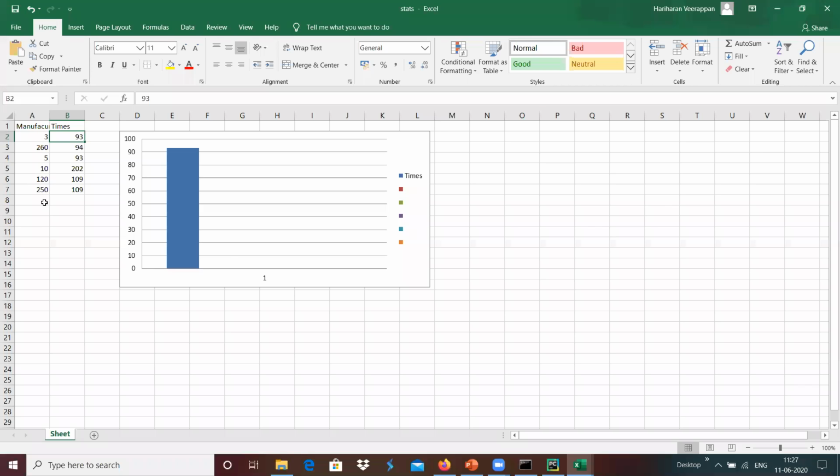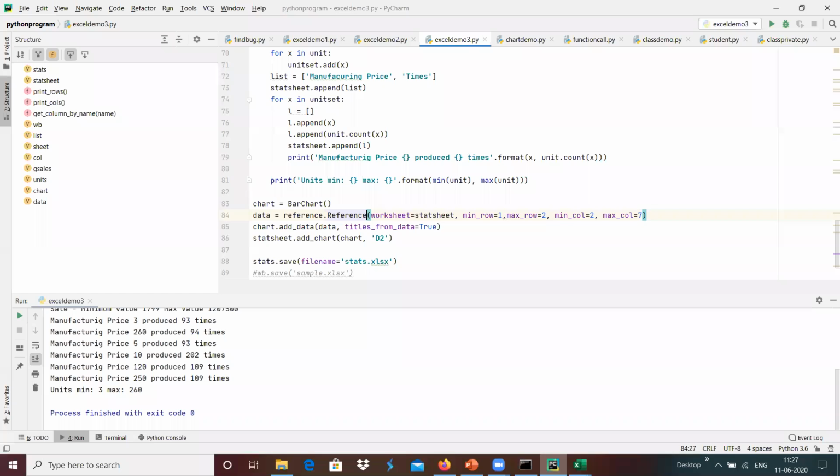We need to add all the parameters for that. 3 is the one which got created this many times, and we wanted to add multiple things over here, shown in the bar chart. We can add this with the help of the minimum rows and the minimum columns.